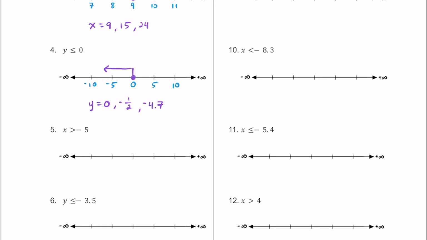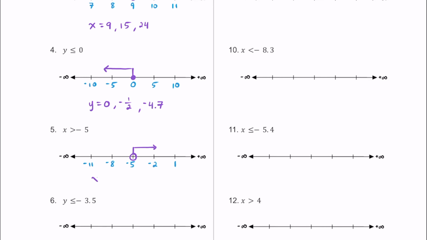For number 5, we have this inequality that x is greater than negative 5. So let's go ahead and put this negative 5 right in the middle. I'm going to jump by 3, so that's going to be negative 2 and then positive 1. And then I'm going to go down by 3, so that's going to be negative 8 and then negative 11. Now, x is greater than negative 5, so that doesn't include negative 5, so make sure that's an open circle. And let's put an arrow going to the right, because these are all the numbers that are greater than negative